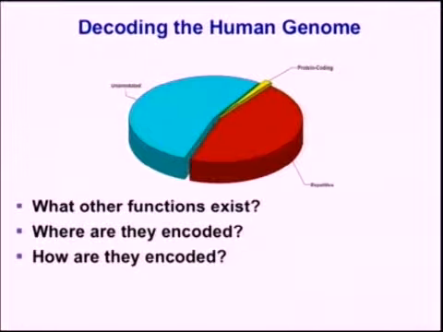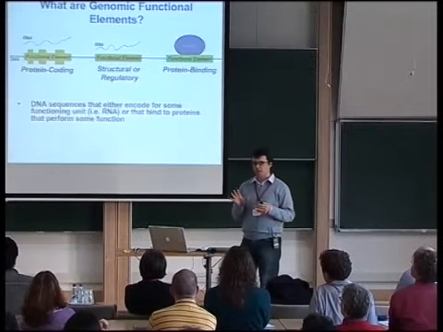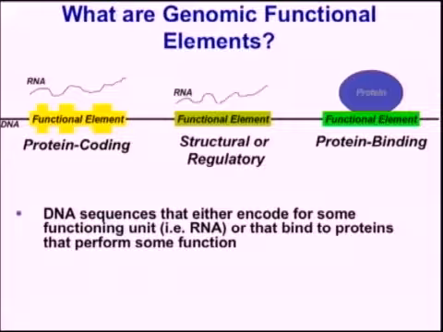What are the sequences that encode certain elements? I thought for the purposes of this talk and this wide audience, it would be useful to classify at a very basic level what I mean by a functional element. We can talk about enhancers, silencers, boundary elements, other types, genes, protein coding genes, RNA genes, and so forth. But it all boils down to two fundamental concepts. And that's either a sequence of DNA that's acting as a binding site for a protein to come in and